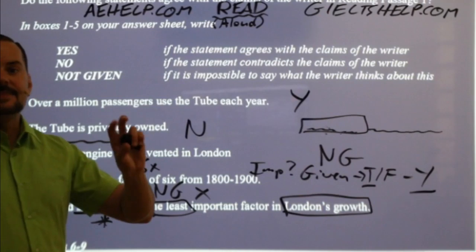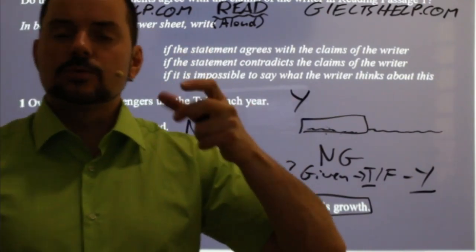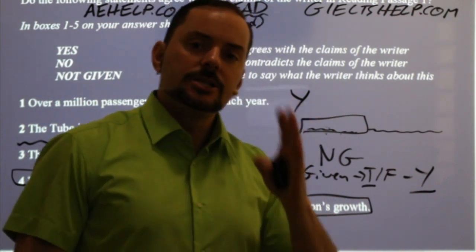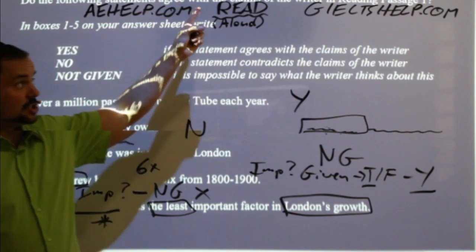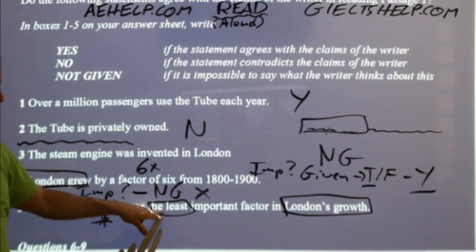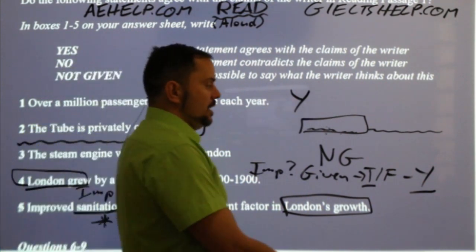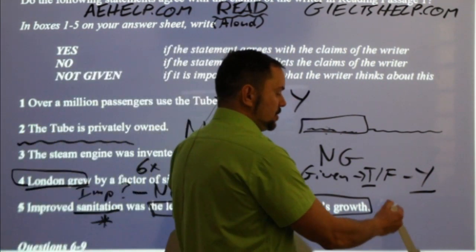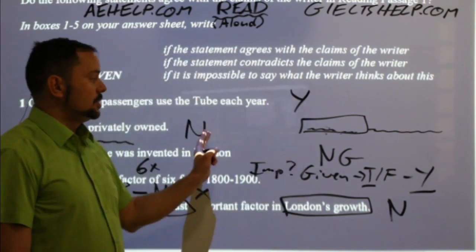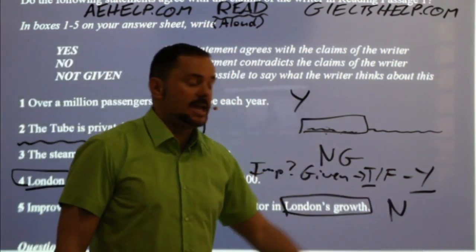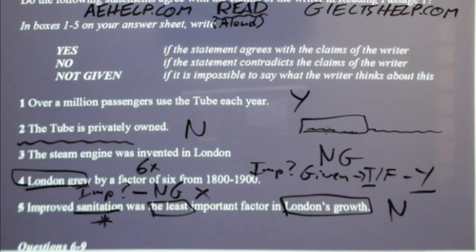That's why I said that negative positive comparison, right? So that's why you have to go slow and steady so that you can catch these differences. Here, the passage is negative and the answer is positive. So with good critical reading and thinking, you'll realize that the answer here is no. So here the correct answers are yes, no, not given, yes, and no. Okay, those are the right answers.